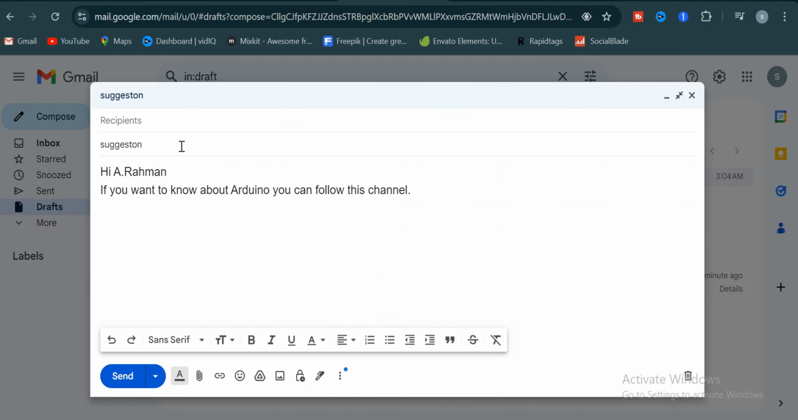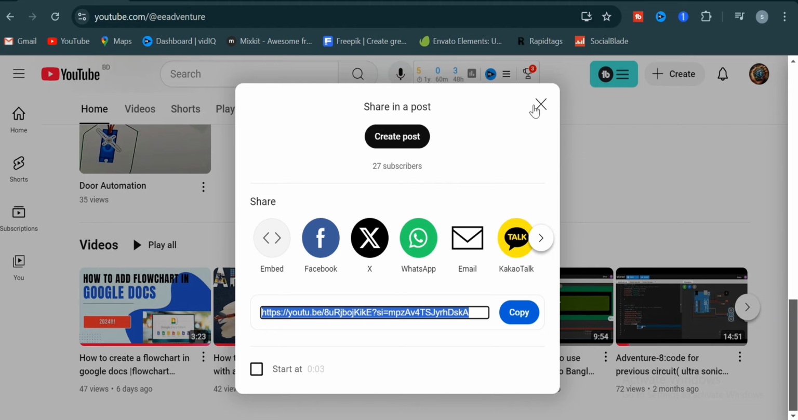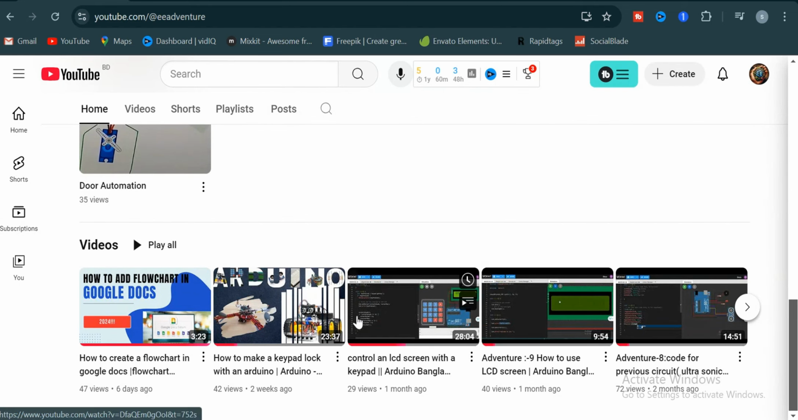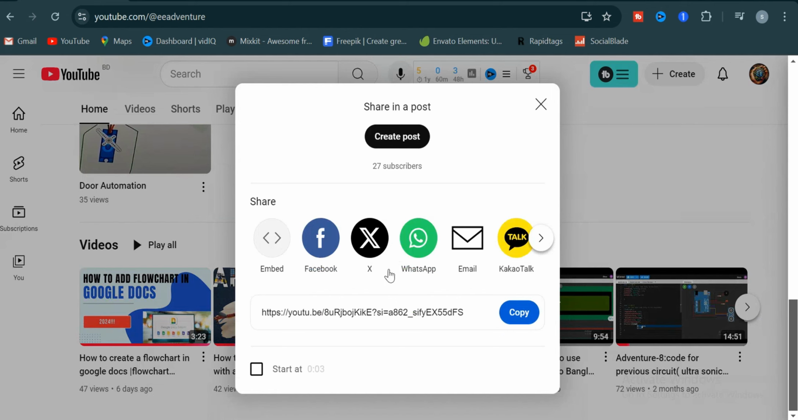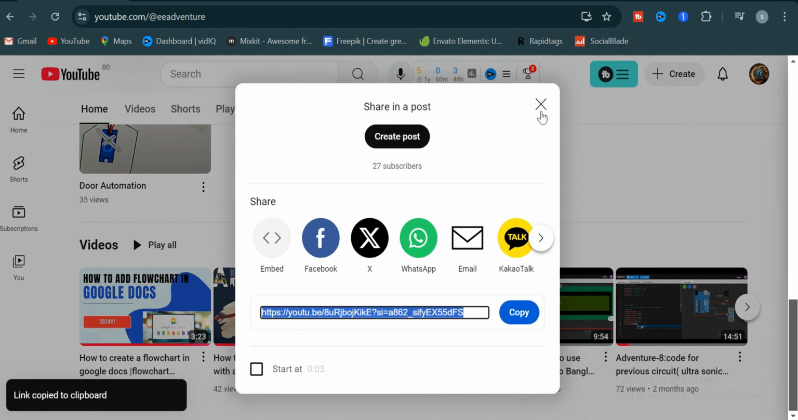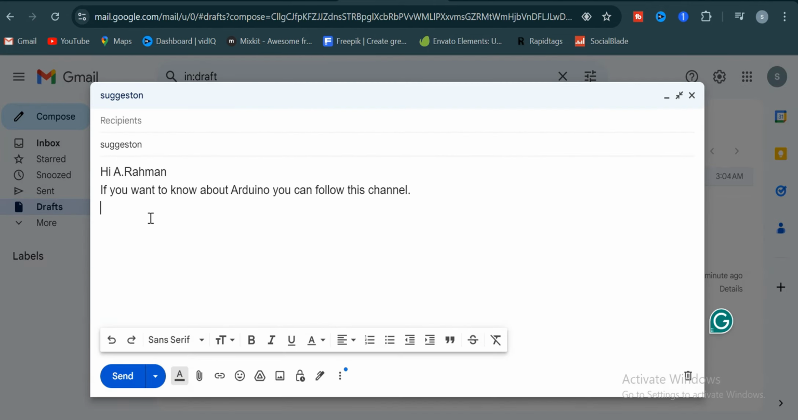Suppose you are writing an email and you need to add a link here. So what can you do? You can come to YouTube, and if you want to share a video with someone, you click the three dots and the share option, and then you get the URL. Copy this. That's it. Now if you want to share the link with someone, simply press Ctrl plus